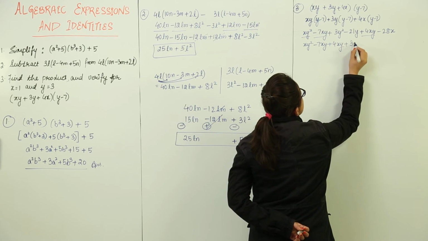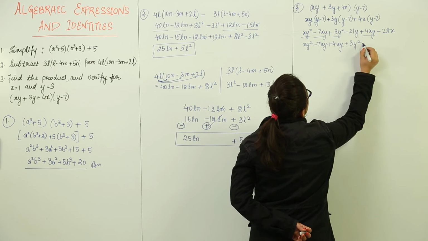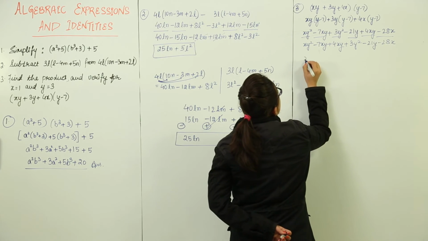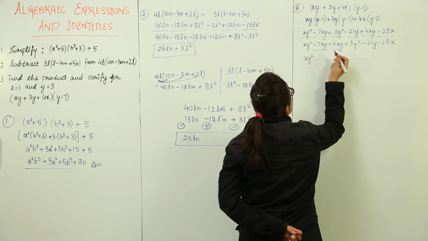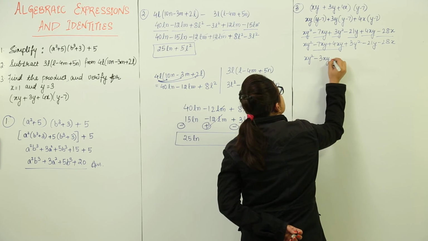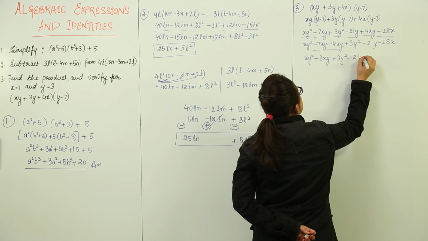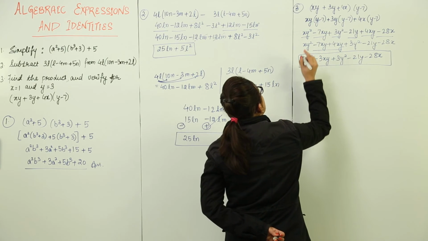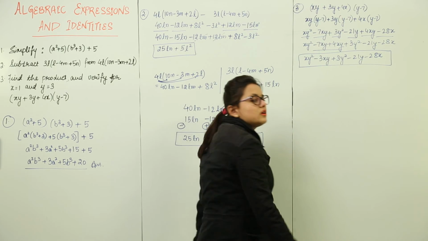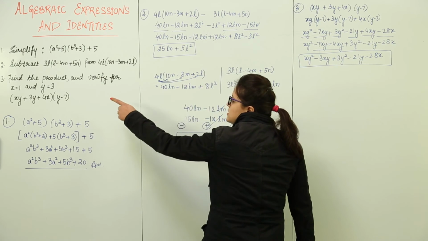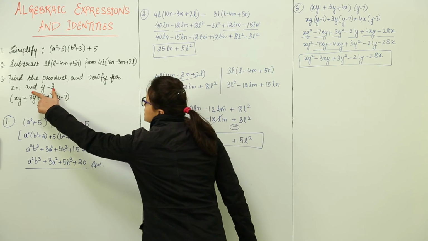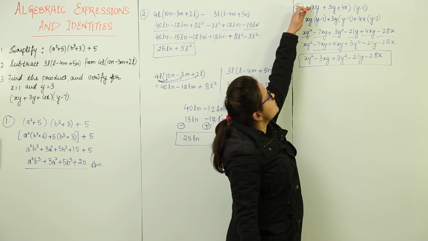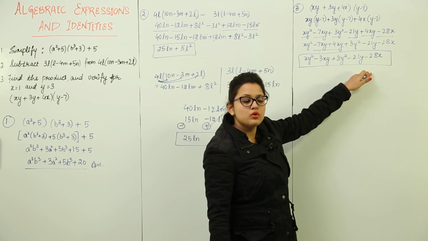Next we write plus 3y square. We do not have any y squares. We have minus 21y and minus 28x. Now we'll be solving this part because these are the only two like terms. We get xy square minus 3xy plus 3y square minus 21y minus 28x. This is the product that we get when we multiplied this with the other expression. Now the other part of the question says we have to verify this also with this value. That means you have to put the value of x and y in the question also and in your answer also. Both should be satisfied.